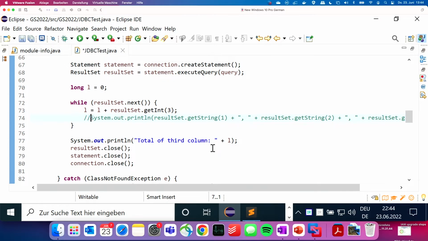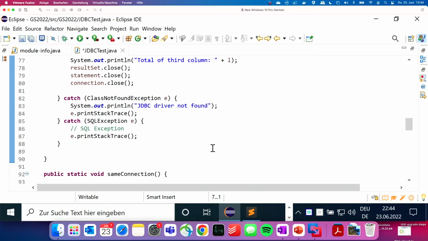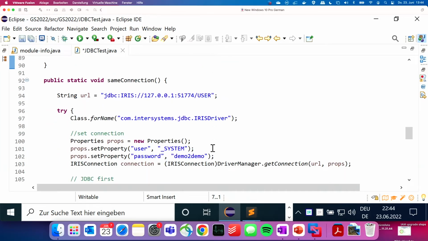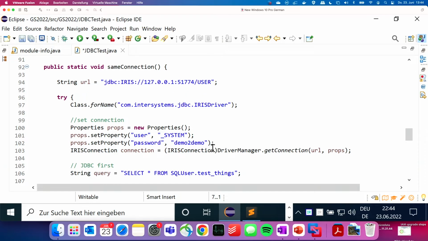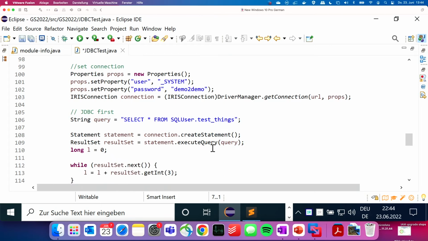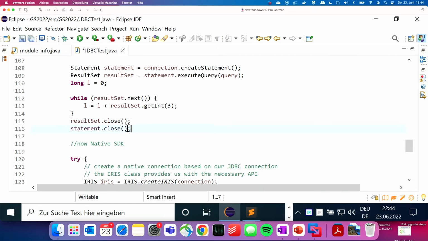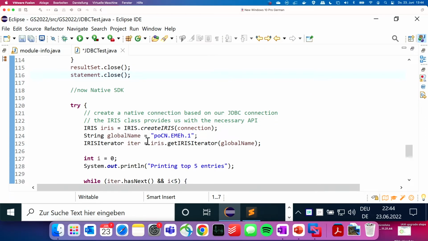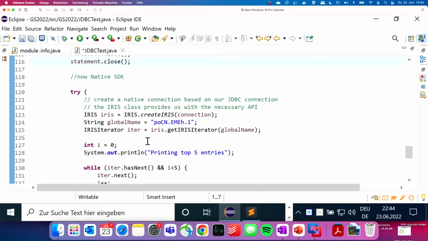Fairly straightforward. What I would like to highlight, and that's true for .NET as well, is that you can use the same connection for the various artifacts and pieces of functionality that we offer. So here's another method, starting off the same way. I'm establishing a JDBC connection, running my query, and then I'm not closing the connection. Now I'm running a couple of native SDK statements, which is basically direct global access.